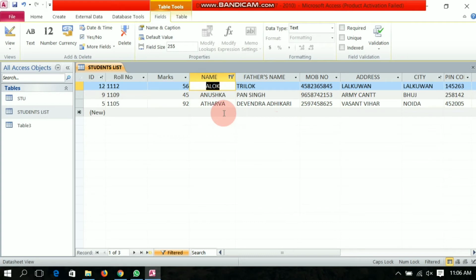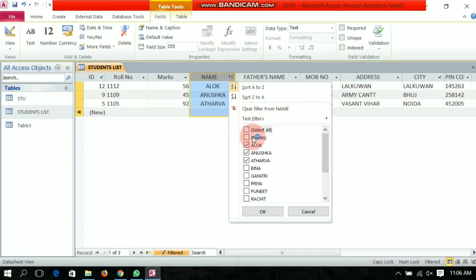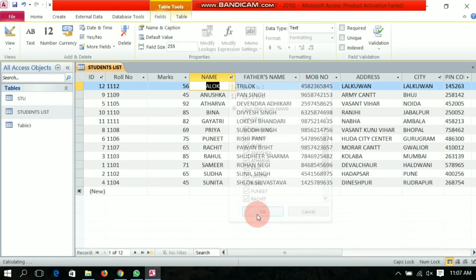It can be in ascending or descending order, or it can be according to the data entered on a particular date. So this is filtering. It is not necessary that the data will be in ascending or descending order, but it is according to the filter we have put. Here we have only selected 3 names, that's why only 3 students' names are in front of us. And if I click on all, then all the names will be in front of us.